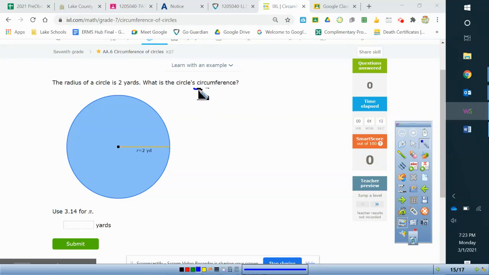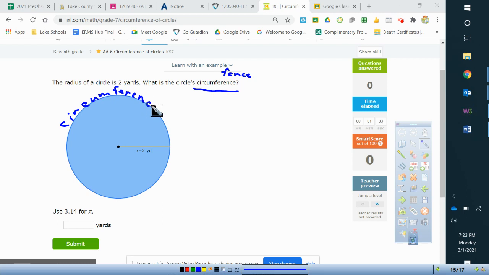Okay, now we're finding the circumference, and we remember that circumference kind of reminds me of a fence. When I hear the word circumference, I think of fence. So circumference is the distance around the shape. So the formula for circumference is going to be C for circumference equals 2 times pi